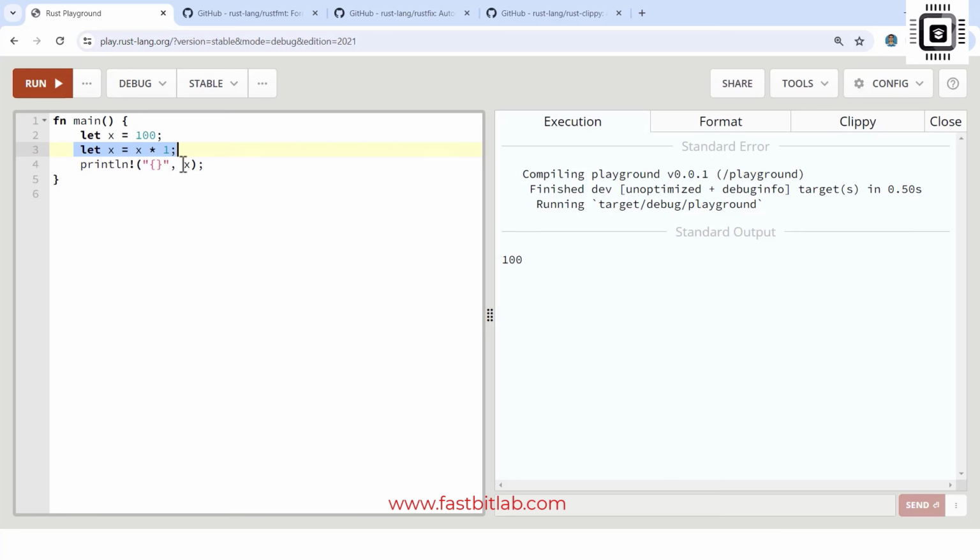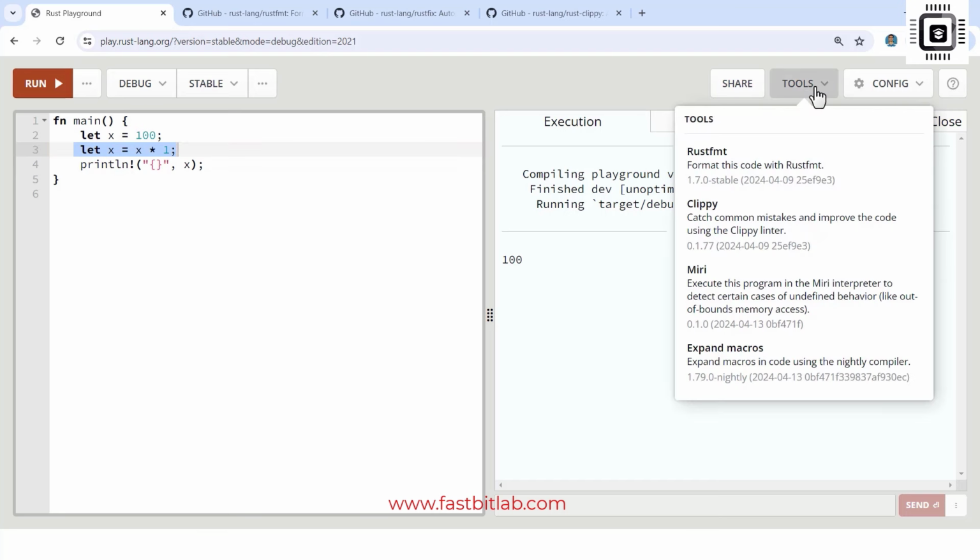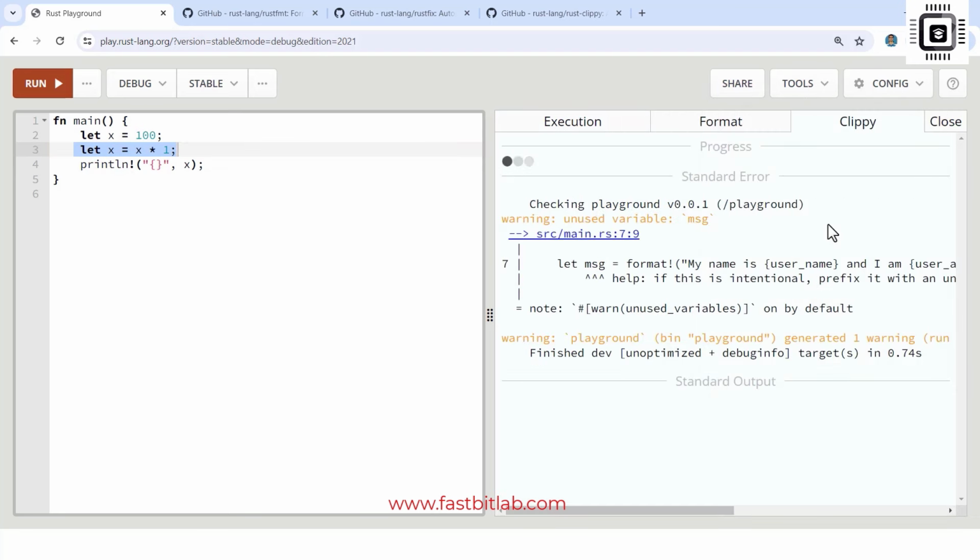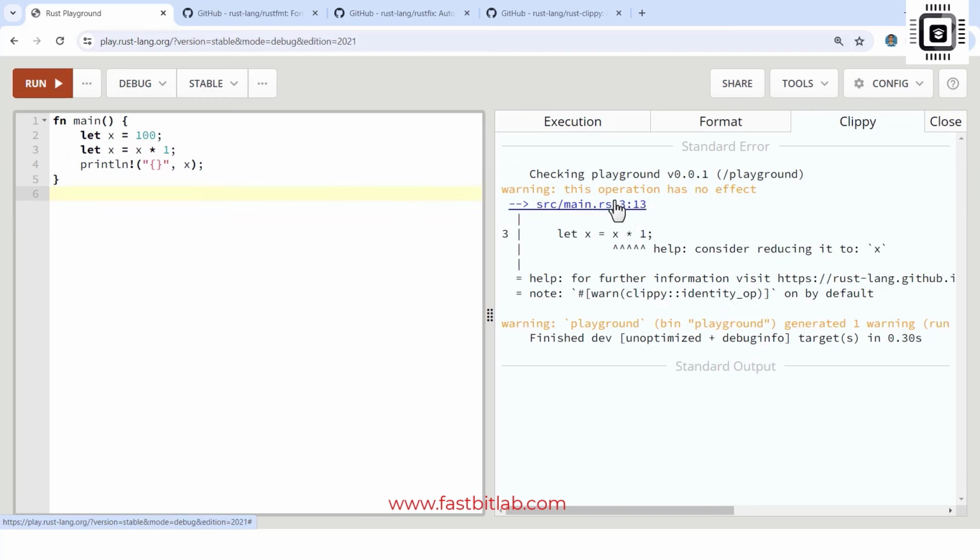It has no effect. But if I run cargo Clippy on that, as you can see here, Clippy has a problem with this code. Issues and warnings saying this operation has no effect. When you write non-idiomatic Rust code, Clippy will warn you, saying you can rewrite this code snippet in a